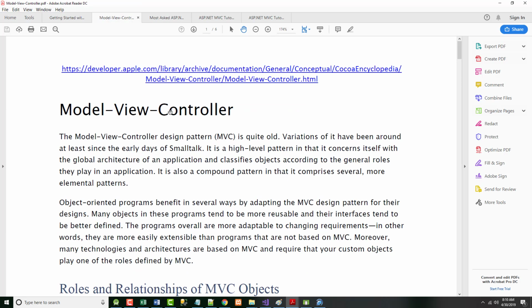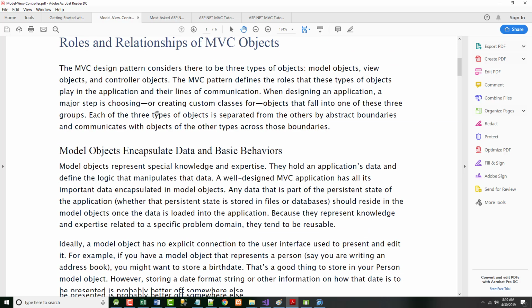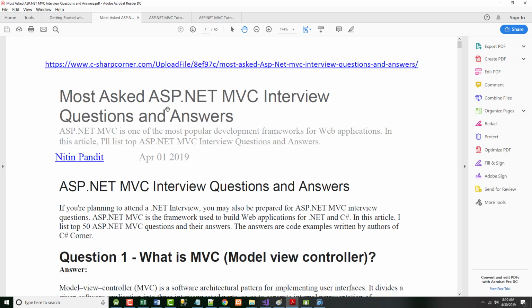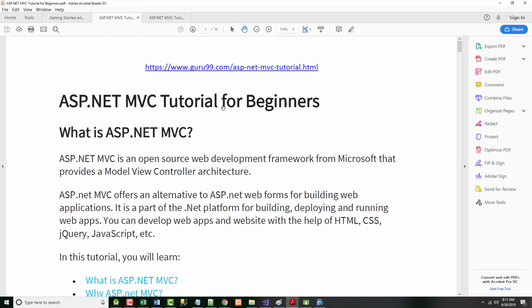Here's the thing. I actually grabbed a couple of things from Apple. Now, the stuff in here talks about Model View Controller. When you get into it a bit, it talks about how it's used in Apple, which wouldn't make much sense to you. But the actual talk about what Model View Controller is, is pretty good. This is a really long article. It's 65 pages: Most asked ASP.NET MVC interview questions and answers. You know, what is MVC? It starts with nothing and goes to a fairly high level. Then there's a couple more. One from